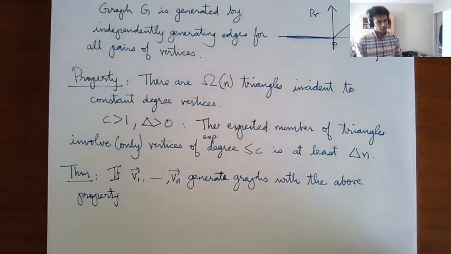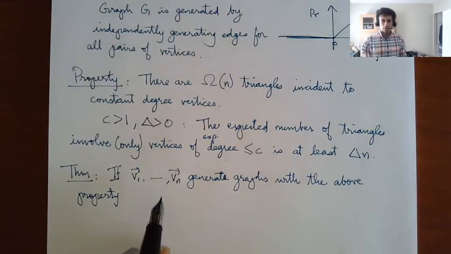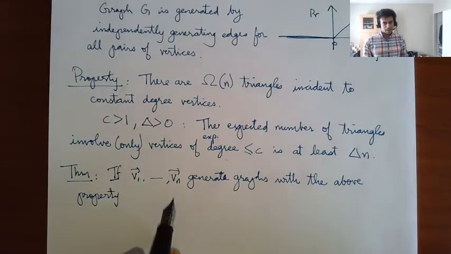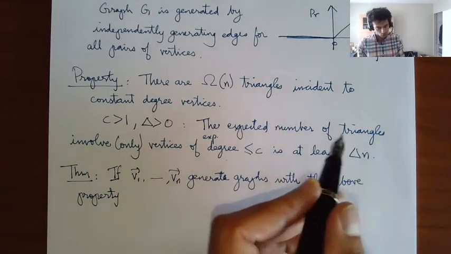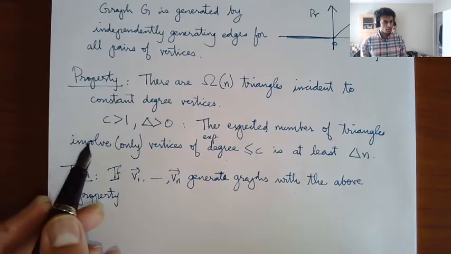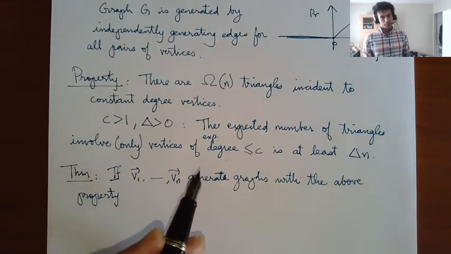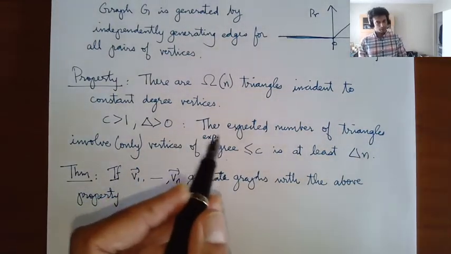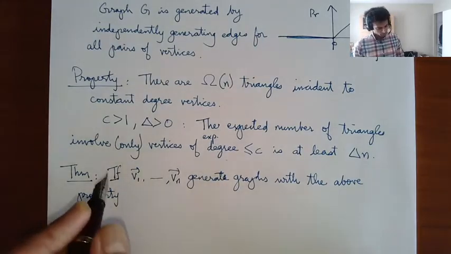I just don't want to rewrite. What I mean is, suppose v1 up to vn had the property that the expected number of triangles involving only vertices of expected degree at most c is at least delta n. So suppose this is true with this above property,